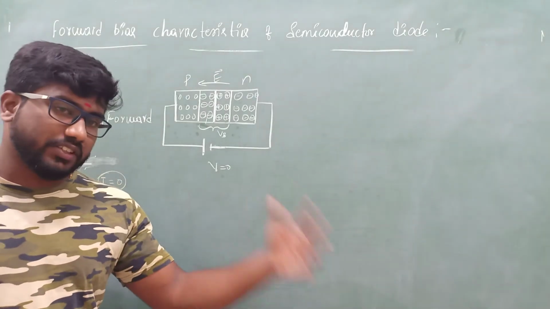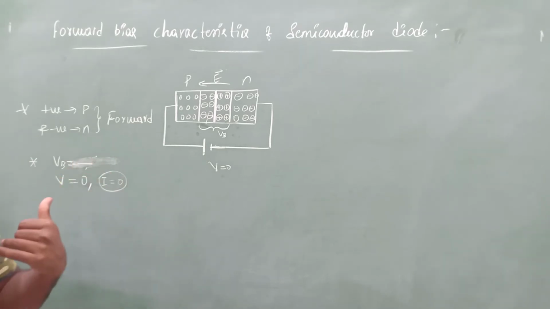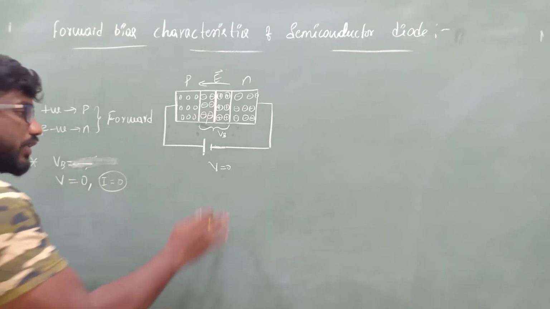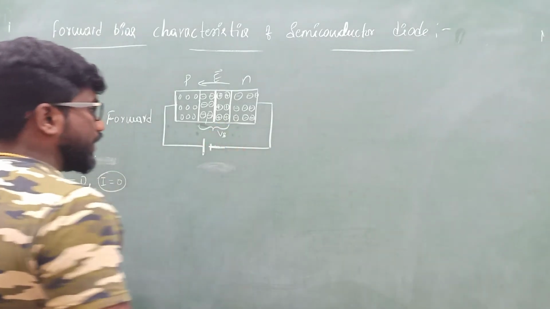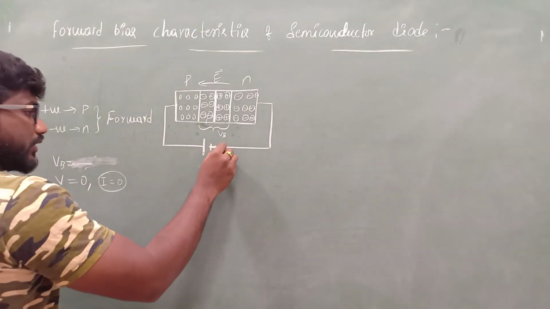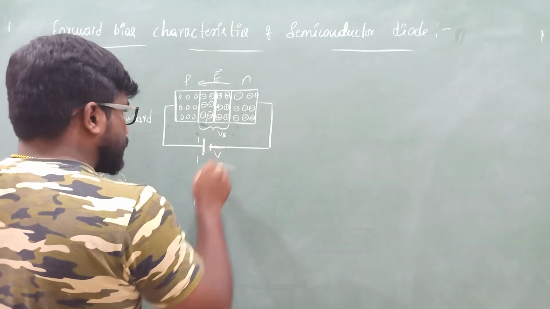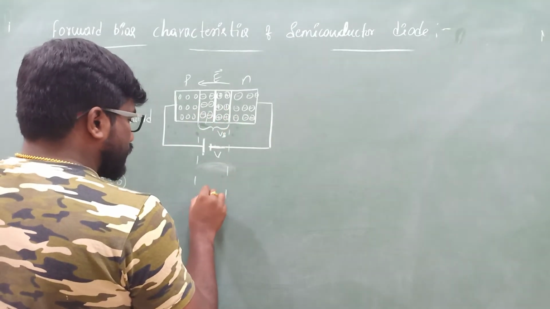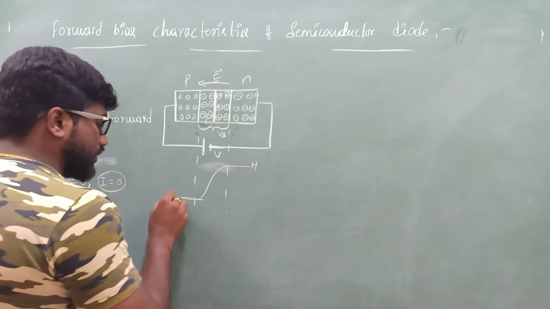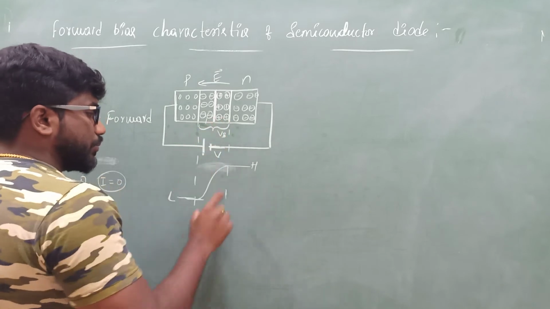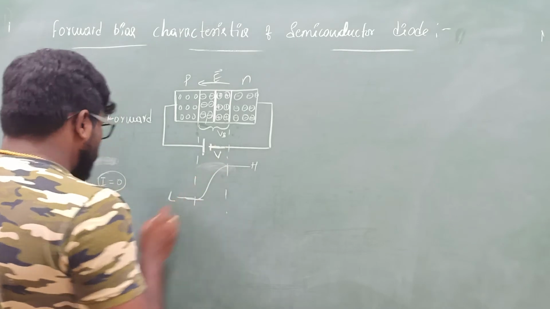Okay, while discussing the circuit diagram, I'll tell you the IV characteristics of the semiconductor diode. There you will understand. So what happens when you keep on increasing the voltage, that is, when you keep on increasing the potential, initially? Okay, so this will be the barrier potential. This is the highest potential, this is the lowest potential. So the width of the depletion region is represented like this. So what happens when you keep on increasing the voltage?